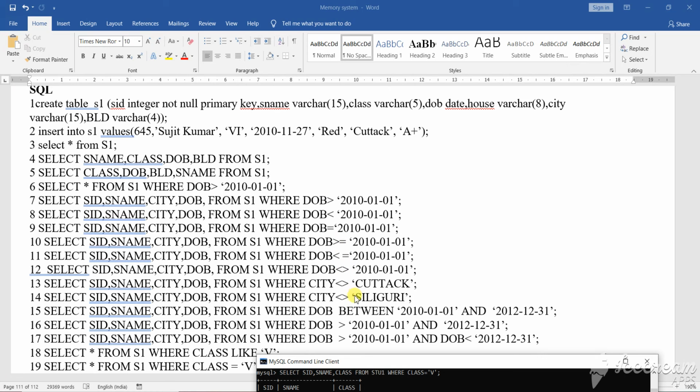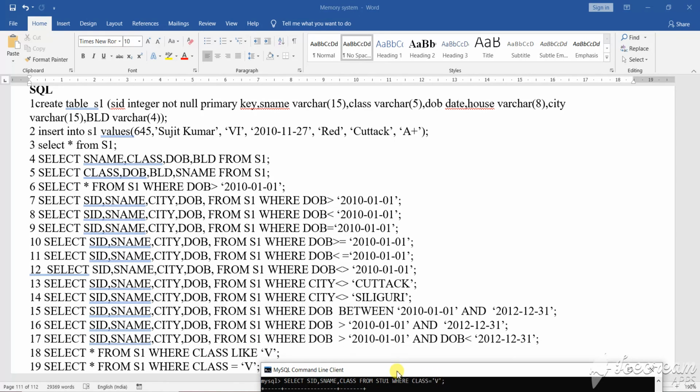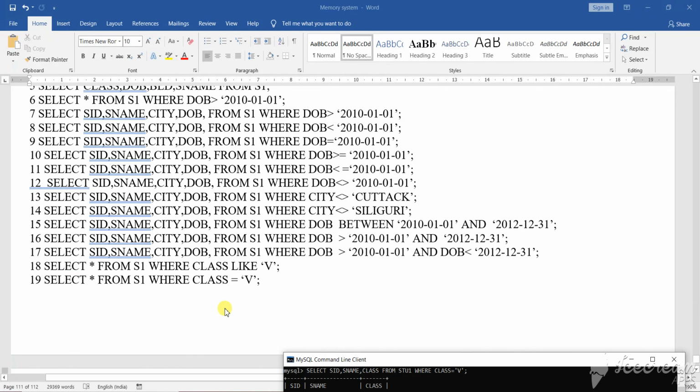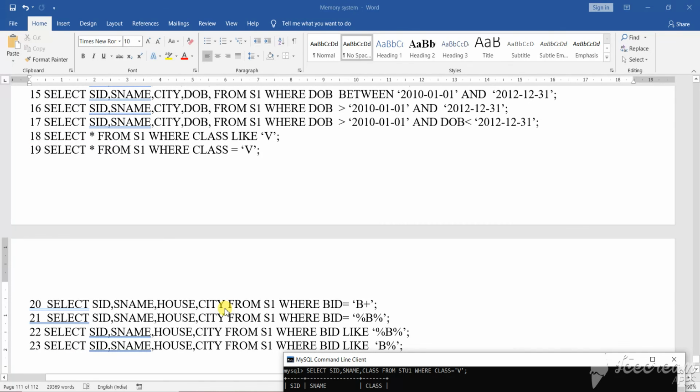In the city I have used it, in date of birth you can use not equals to, greater than, less than. Every clause has been used there, and I have shown you the where clause, LIKE clause, and equals to clause, isn't it? So this is how you can use those clauses and implement them.